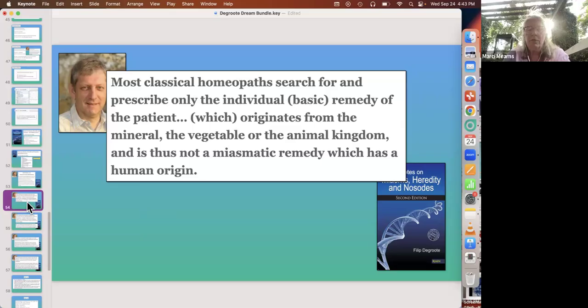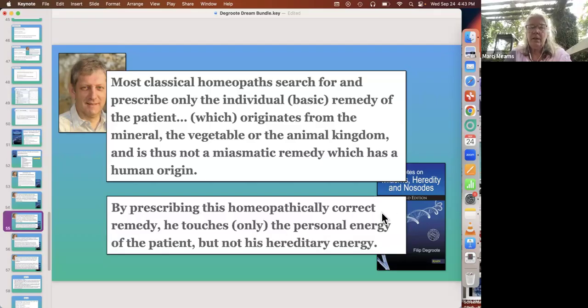We are going to look at one more case. Most classical homeopaths search for and prescribe only the individual basic remedy of the patient, which originates from the mineral, vegetable, or animal kingdom, and thus is not a miasmatic remedy, which has a human origin, in other words, a nosode.